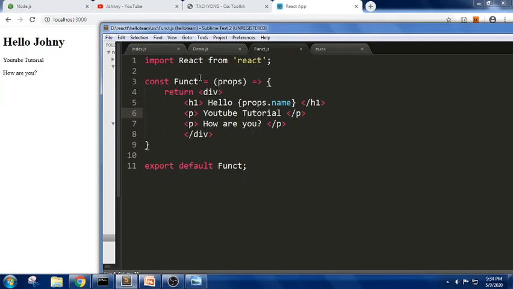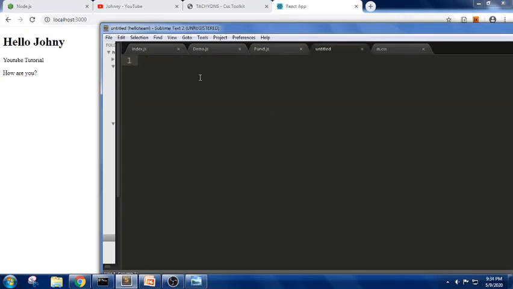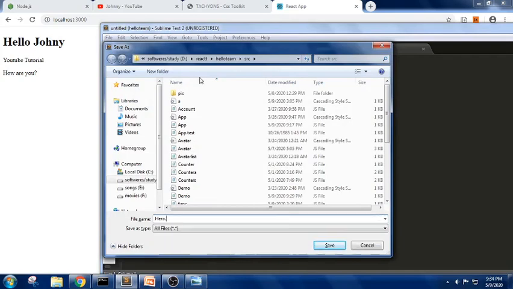Now let me define a new component. I am trying to take a functional component here. Control S. I am trying to write hero.js.